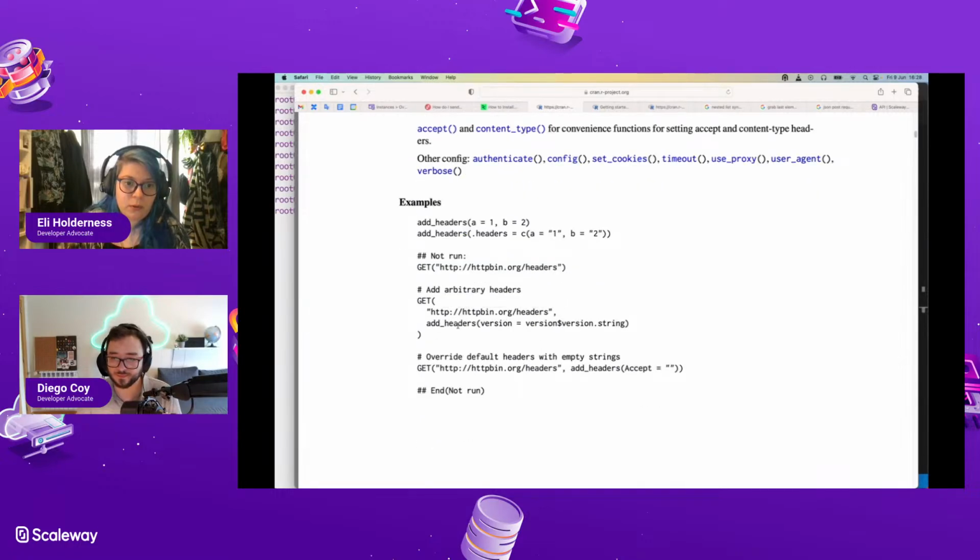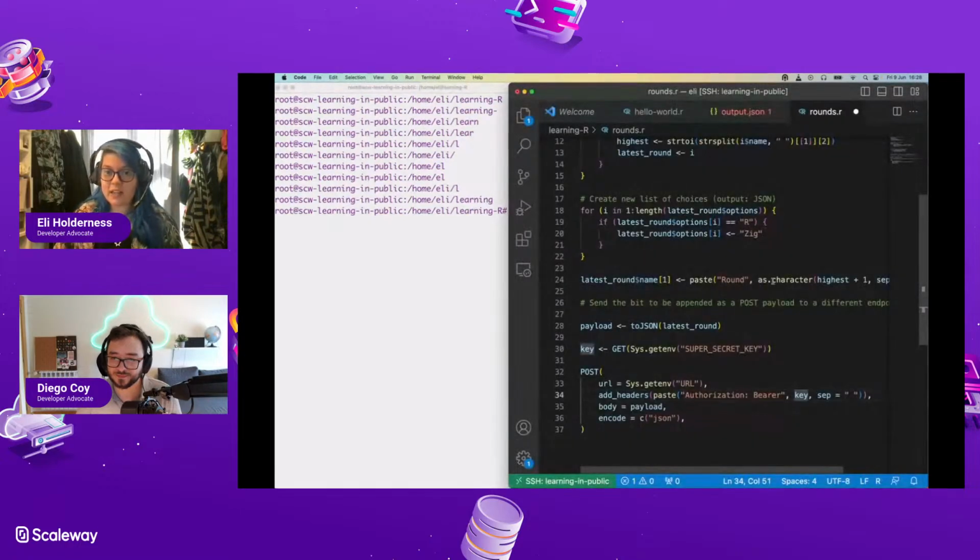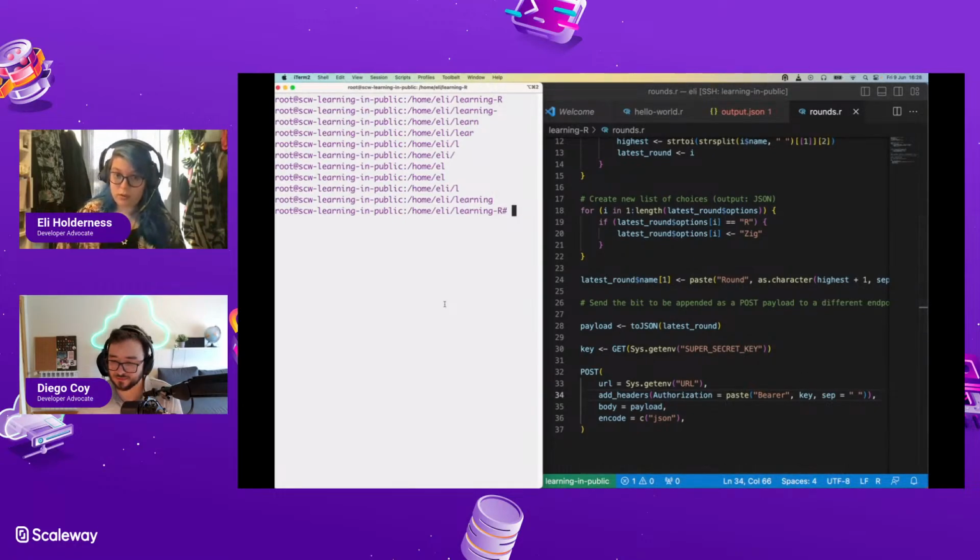So examples, version equals. So actually what I want to do, and is it going to put in this colon and space the way that I want? It's supposed to do it by itself, so you don't need to add it. So authorization equals, and then here I need to do the paste. Yes. Like this. Oh, yeah. Yep. Let's see if it works.